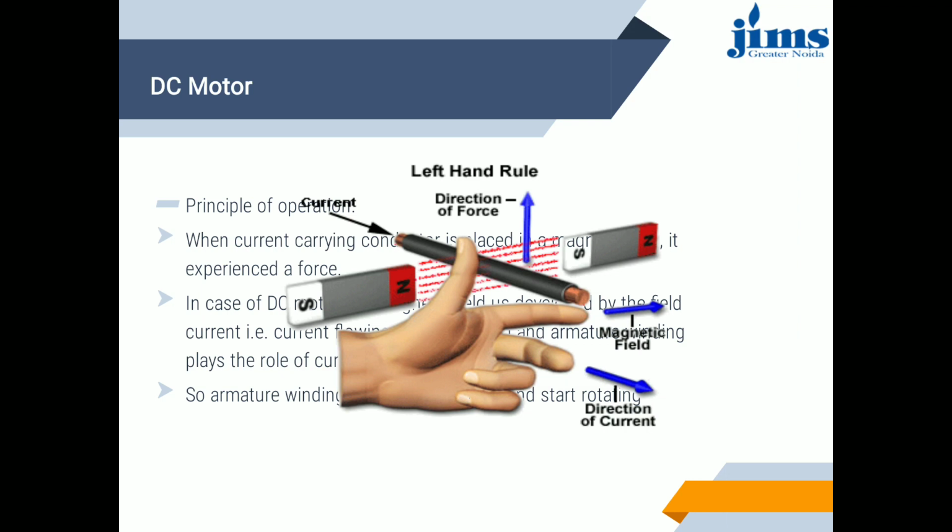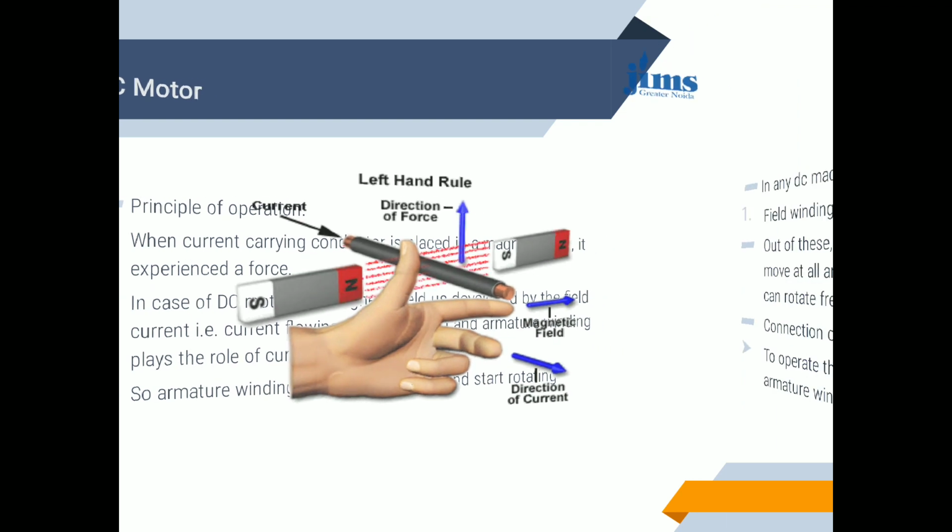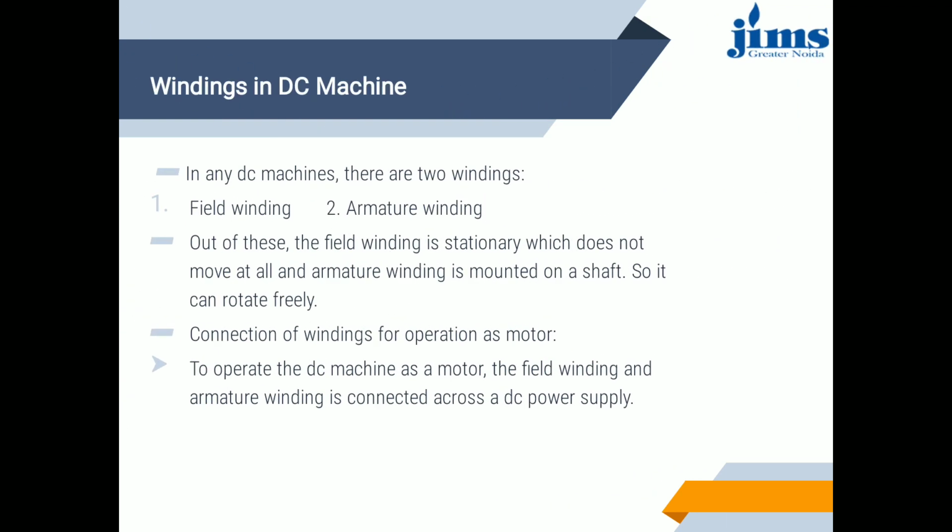The principle upon which a DC motor works is very simple. If a current carrying conductor is placed in a magnetic field, mechanical force is experienced on the conductor, the direction of which is given by Fleming's left hand rule, also called motor rule, and hence the conductor moves in the direction of force. The magnitude of mechanical force experienced on the conductor is given by F equal to B I_C L_C newton, where B is the field strength in Tesla, I_C is the current flowing through the conductor in amperes, and L_C is the length of conductor in meters.